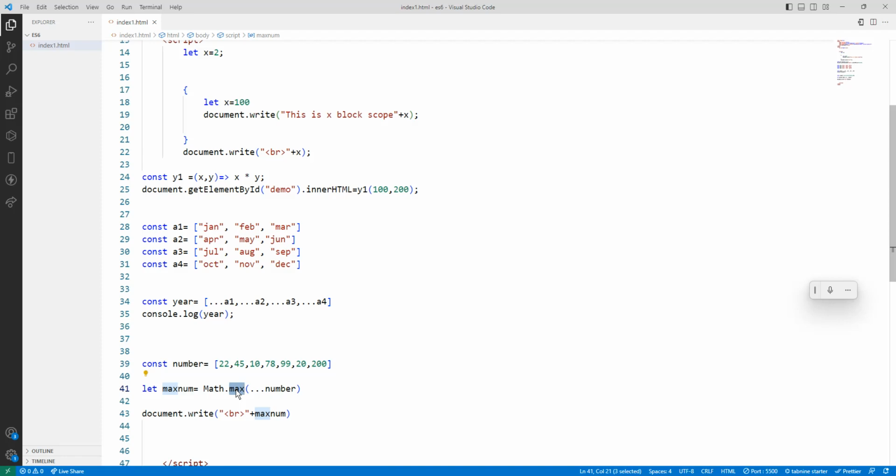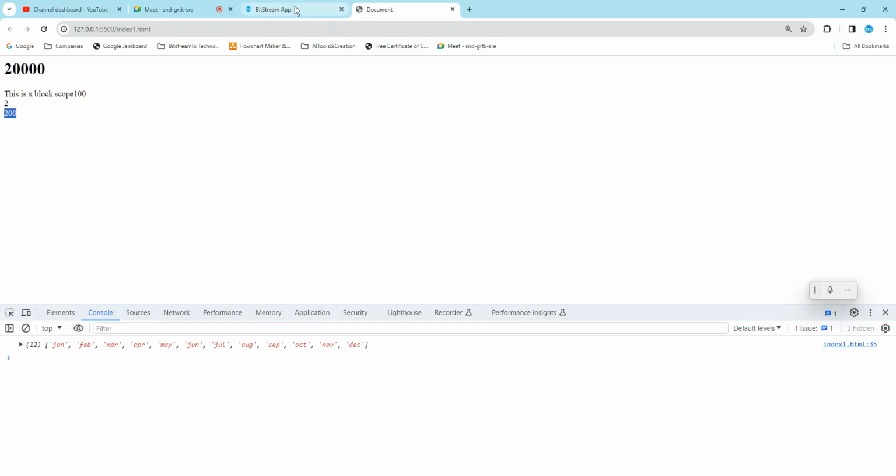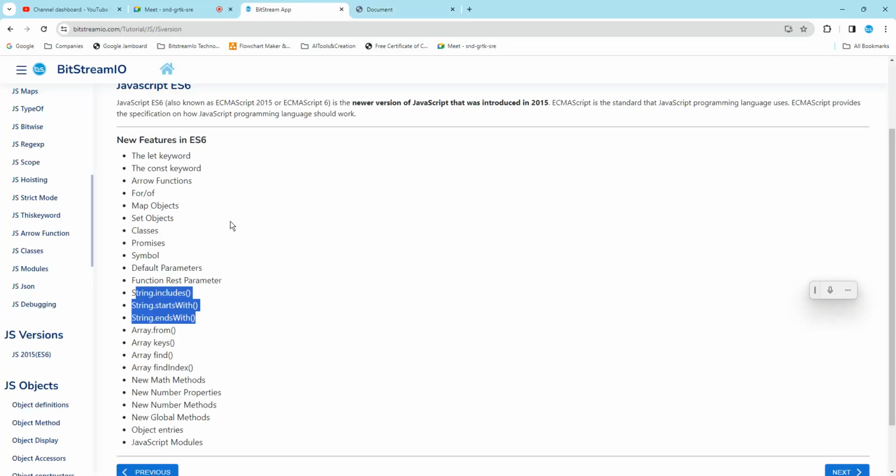Okay, so next is the for of loop and the for in loop. So we already discussed it a few days back, but we'll just have a look. So to loop an array, we are using a for of loop. So you might see here the for of loop is for looping through an array. For in loop for an object, for of loop for an array,